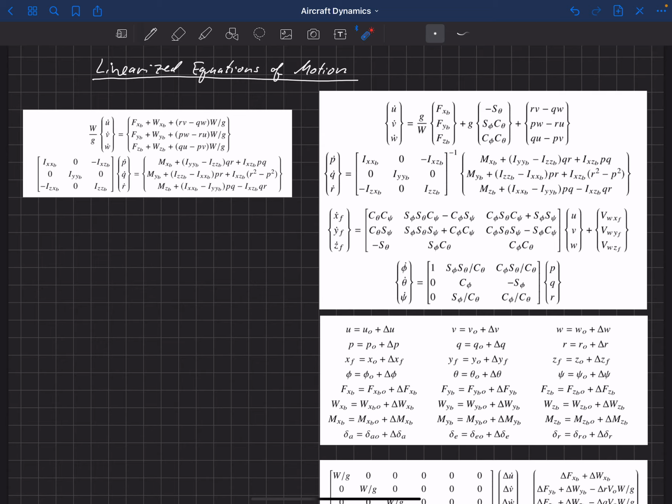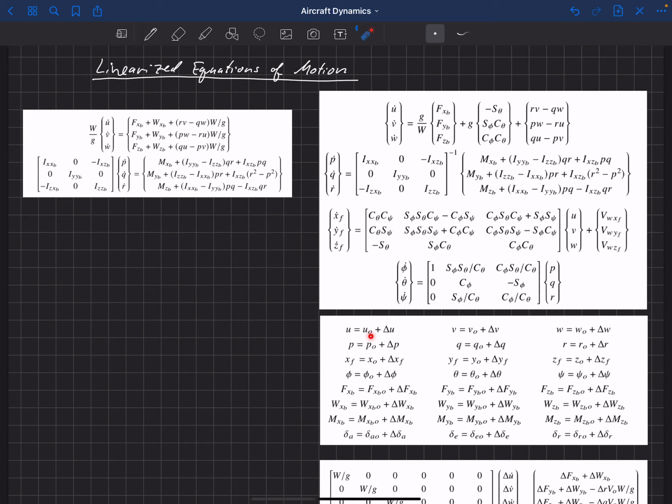Now, as we walk through this, the book I'm following is Phillips's Mechanics of Flight, second edition, and he actually drops the thrust. It seems to me like you should also include a thrust term here, so you'd actually have four variables down here. But we're not going to include that here. It's actually not going to affect the outcome, at least for what we're going to use these equations for. So it's not a big deal for us, but I think in general you probably could include a thrust term here because that's another control input from the pilot. So anyway, just so you know, that's not going to be in this development.